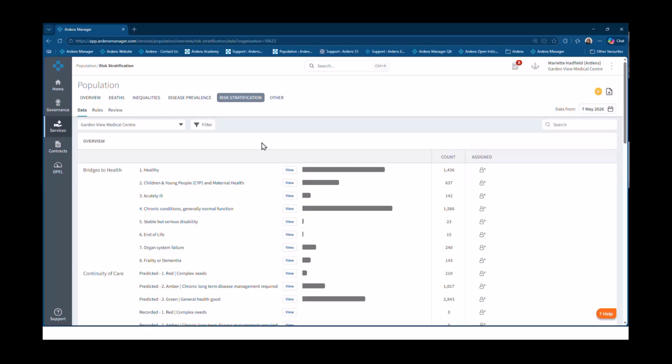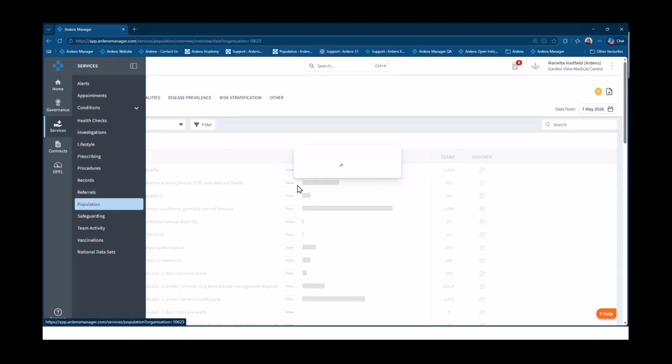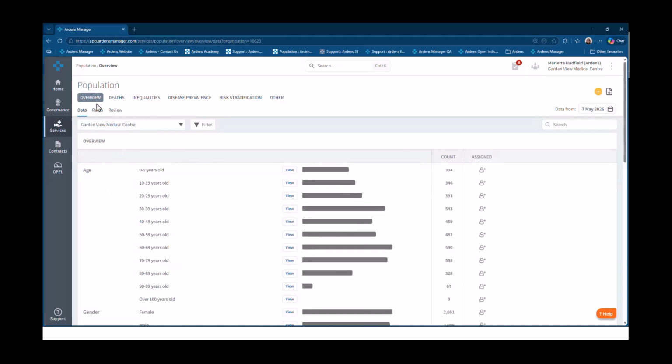So straight into population side of things. We're going to start off by looking at the identify stage. So that's those registers that Charmaine showed right at the beginning of the EMIS demonstration. To find this, we're going to go along the left-hand panel to your services menu and down to the population dashboard. Now on here, you've got a series of different tabs, and we're going to start off on the one